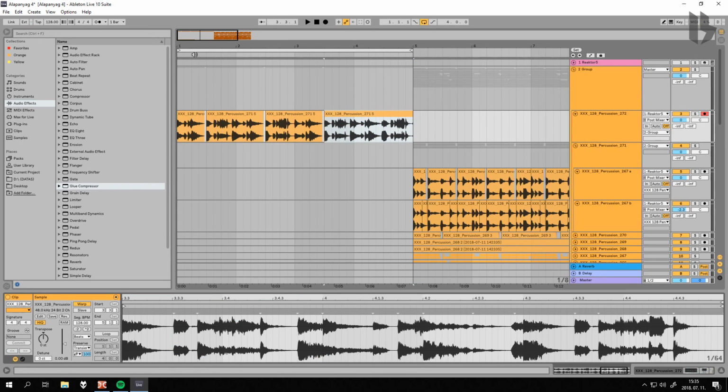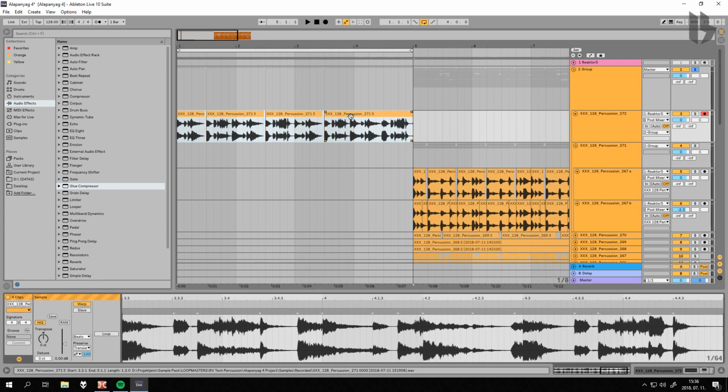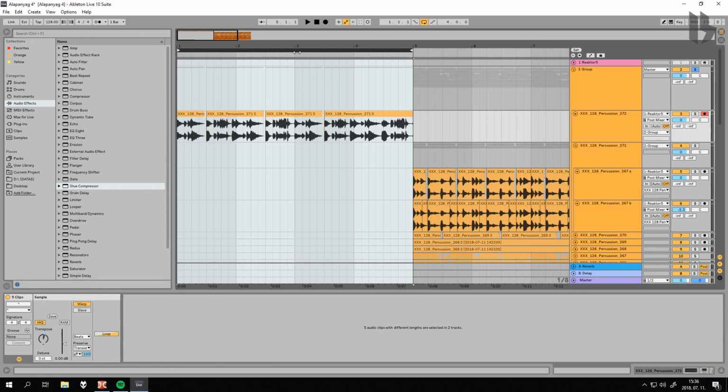Today I want to talk about how to use the time stretch in Ableton Live properly. Because, for example, if you record a loop, what I just did, look at this little loop here. I just want to tweak it a little because for me it is a little too low in tone. So I like to transpose it up, for example, 6 semitones. But when I do that,